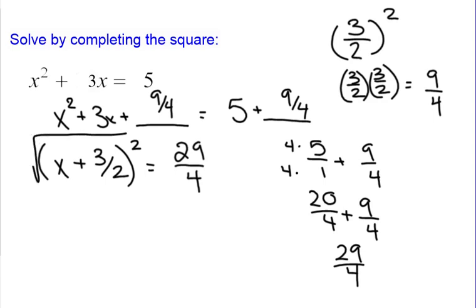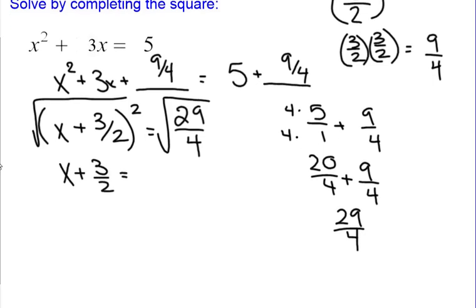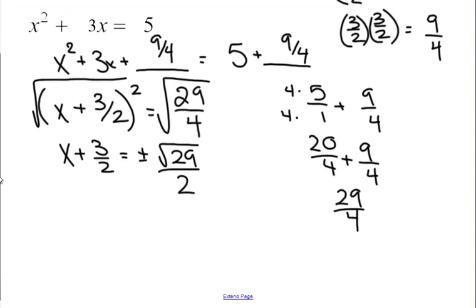I'm going to square root to keep solving. X plus 3 over 2 is equal to, well, 29 doesn't square root, but 4 does. So that's going to be 2. Remember, we never want to leave radicals in our denominator. And so then, to get rid of that 3 over 2,